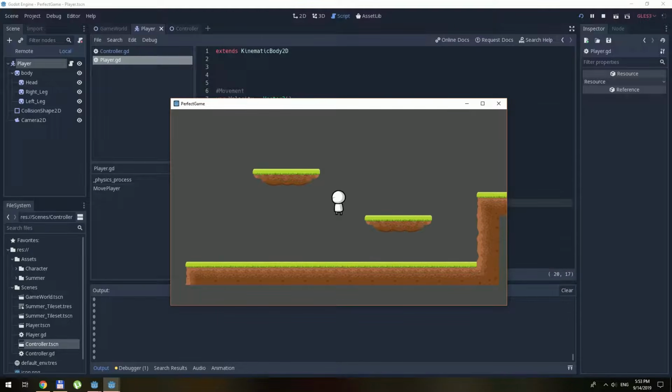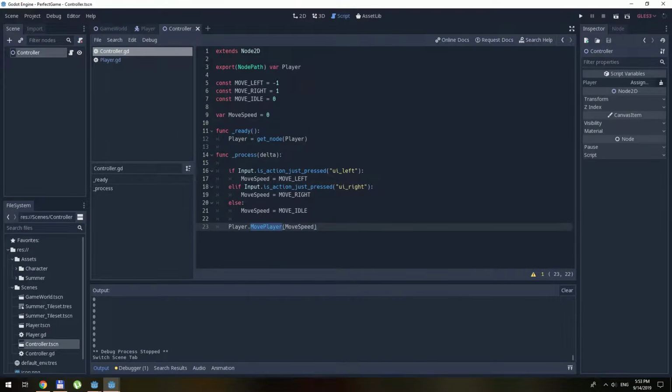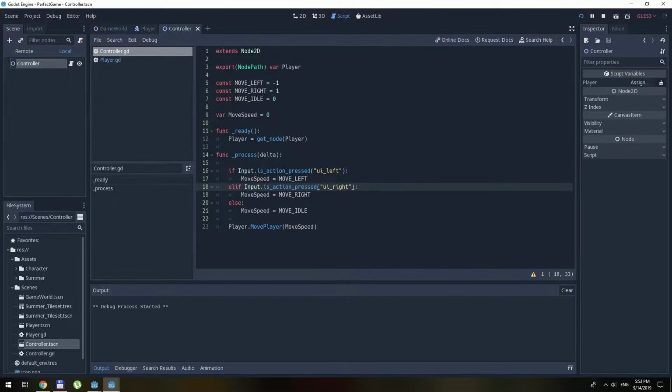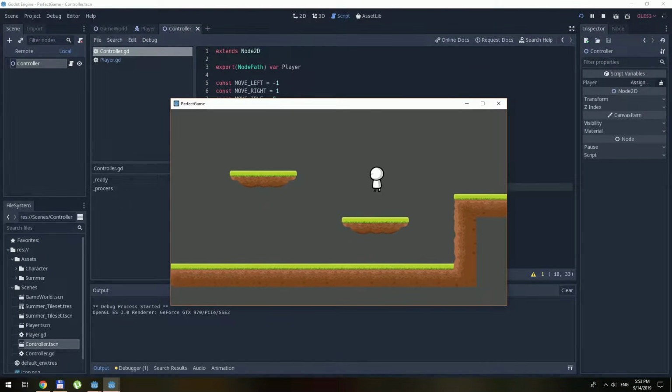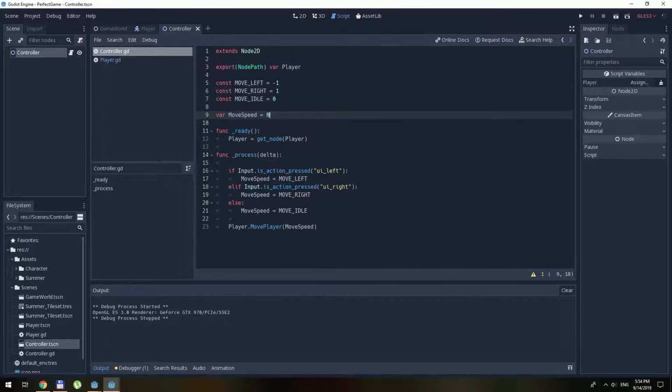Oh, I see. I know the problem. Inside my controller, this is not just press, it is action pressed. This is my command. Sorry, my mistake. This should work. Great. Now we don't have gravity, but the movement works. Let's continue working